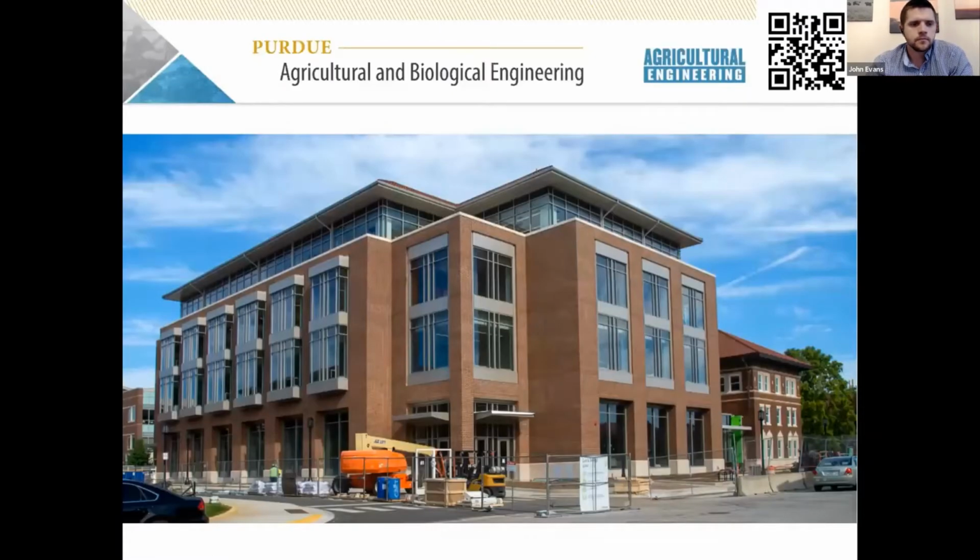So one of the exciting things about our department is that we have a brand new building that we're going to be moving into next semester. This is a photograph, so you can see it's practically finished. There's a few bits of construction equipment outside. They're doing a lot of the finishing touches inside, but we have just really great resources for students, maker spaces